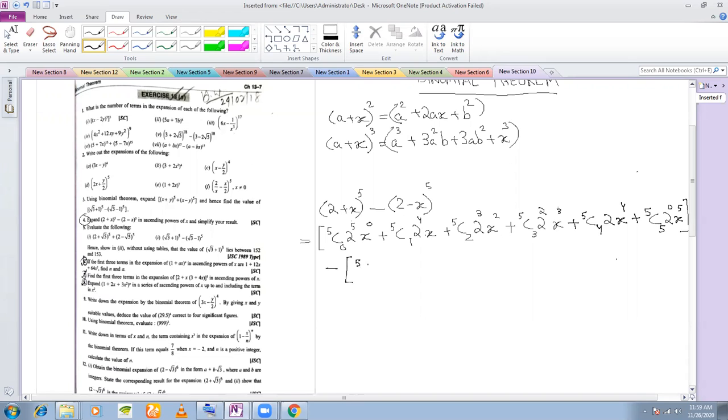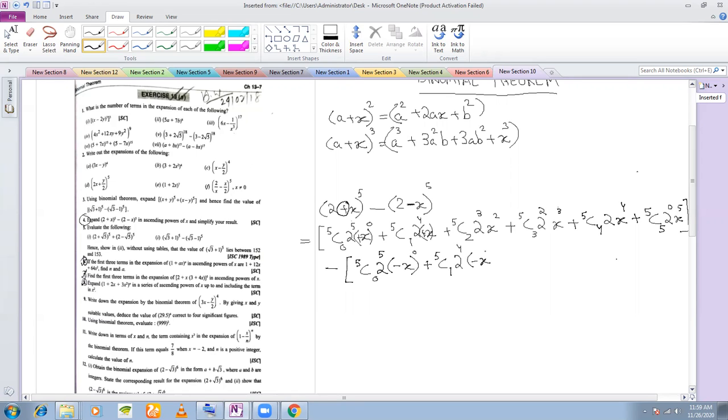So you have 5c0, 2 to the power of 5, and see there is an x here, minus x here. Since we had a plus sign here, we used a plus x in all this. But whenever you see a minus sign in a binomial, you will work with the minus sign. So you can put a minus x to the power of 0, plus 5c1, 2 to the power of 4